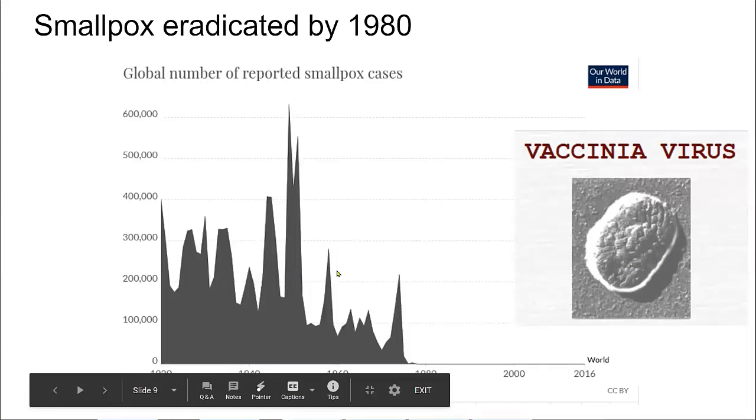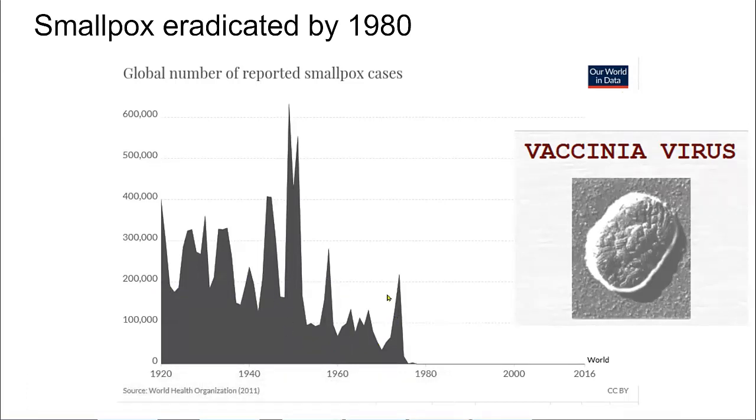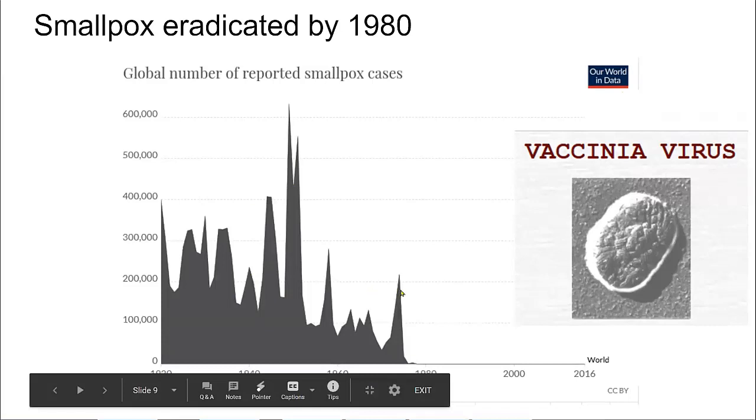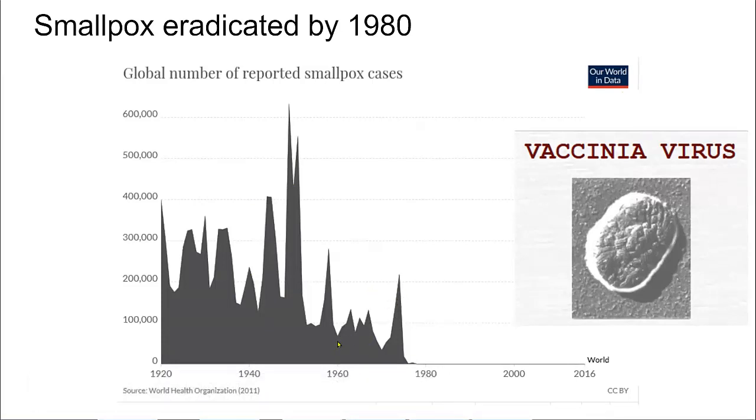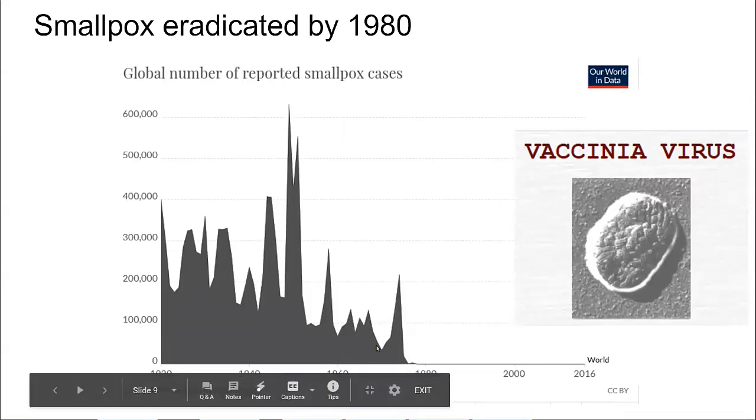So that's all due to the vaccine. Well, I shouldn't say all. It's mostly due to the vaccine. In the 20th century, most of these cases were in India. India was one of the last countries to get common use of the vaccine. So there were hundreds of thousands of cases in that part of the world, but there was a concerted effort by the World Health Organization: let's vaccinate every human, and then we won't have this disease anymore.